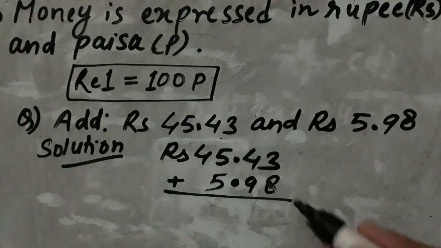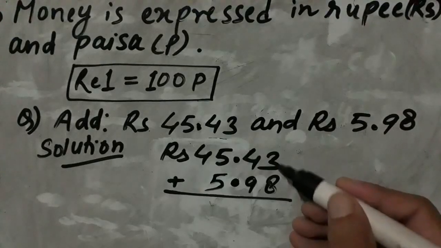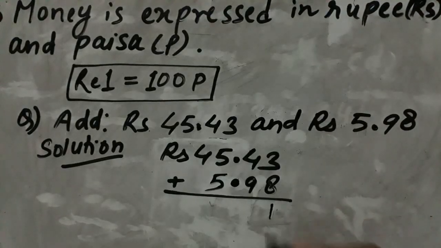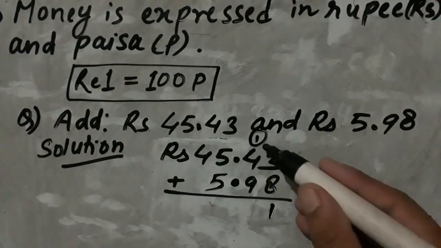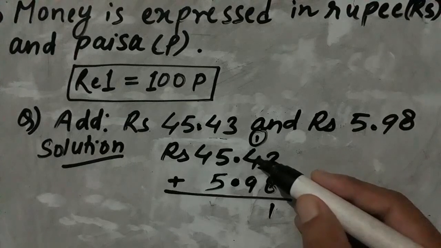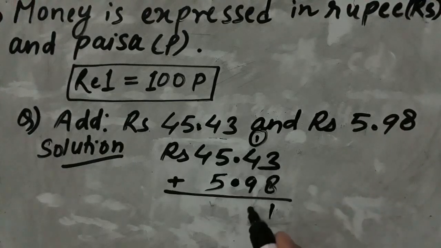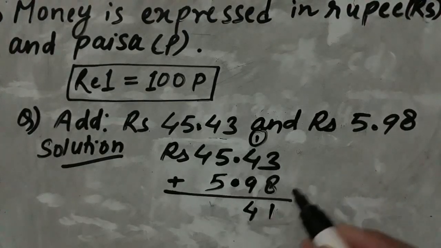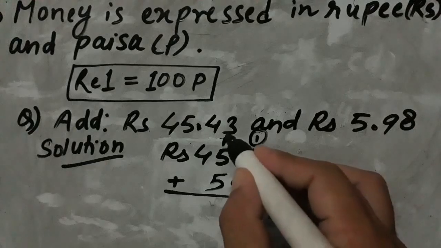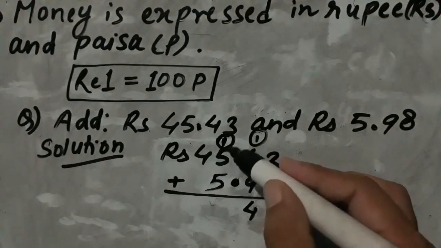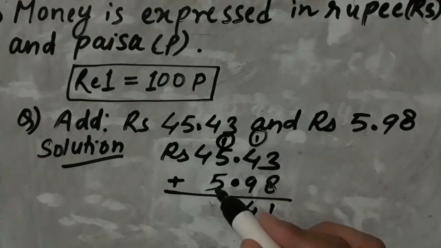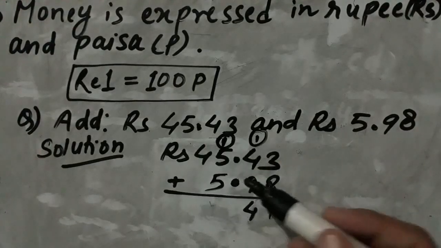So let's add. So students, 3 plus 8 is 11. 1 will be carry over. So 1 plus 4 is 5. 5 plus 9 is 14. 1 will be carry over. So once again 1 plus 4, 5, is 6. 6 plus 5 is 11. But students,